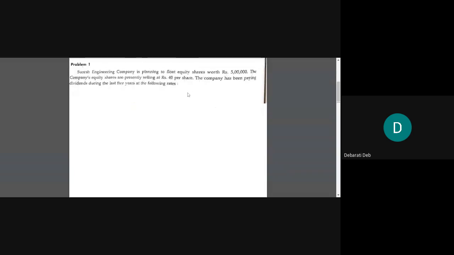Understood, all of you? So it will be 7.42 this year, divided by the market price per share. It was given in your question. I am showing you the first part of the question. You see, the market price was 40 per share. So the denominator will be 40. 7.42 divided by 40 plus 6%, that is 0.06. Then you calculate the total Ke, or cost of equity. 24.5. All of you understood now how it is done?